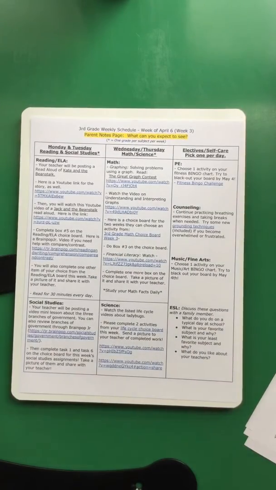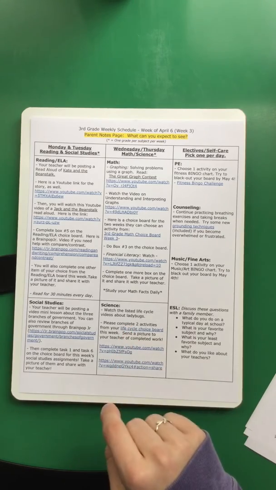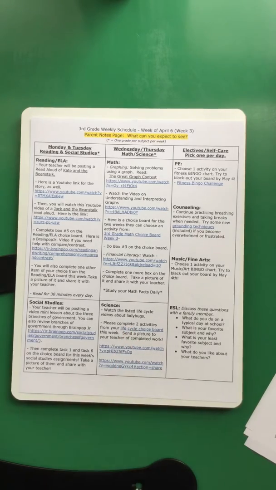For science, it says to watch the listed life cycle videos about ladybugs. So those 2 are right down here. And then it wants you to complete 2 activities from your life cycle choice board this week. So remember that you've got Wednesday and Thursday to be doing this. So if you wanted to just watch the videos one day and do the task the next day, or do one task one day and one the next one, that would be fine. So in your packet,